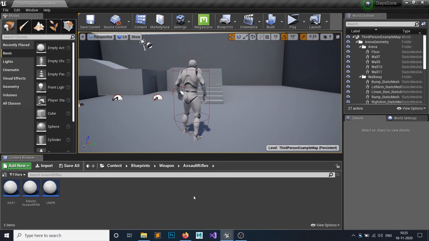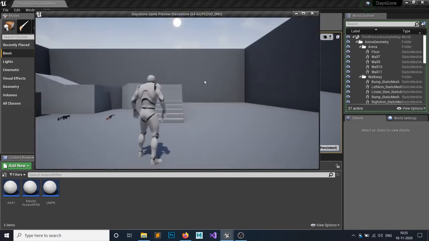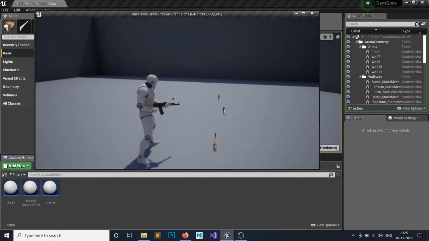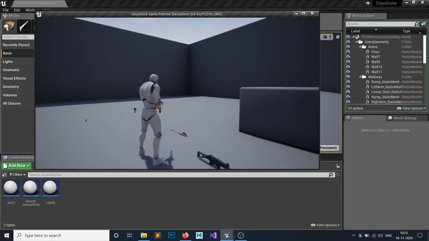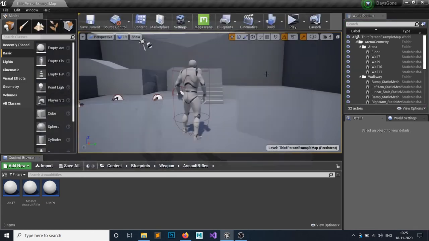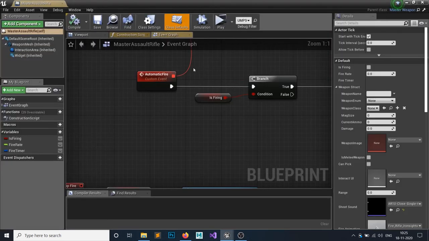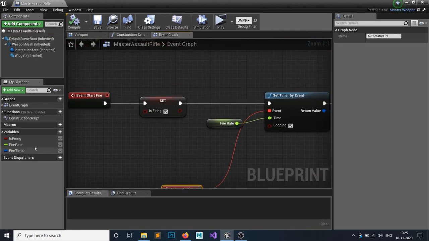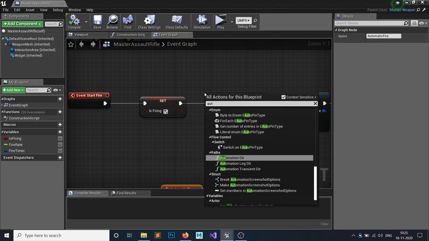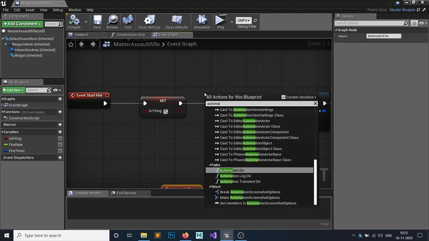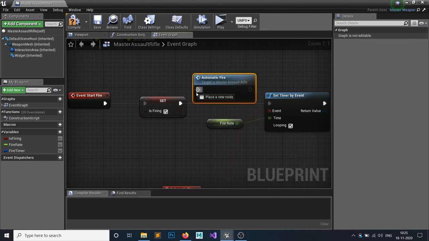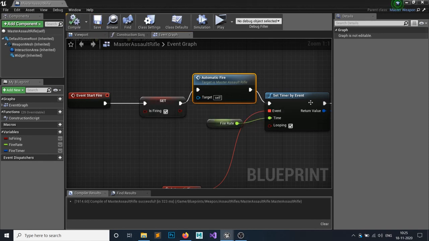Hello Arun, sorry for the mistake. We have forgotten one pin. So as you can see, if I hold over this assault rifle and click, nothing is happening. It's because we are not calling this automatic fire function for the first time. So I will simply right click and add automatic fire, and I want to call this function before setting this one. So it will first call that function and then it will start.